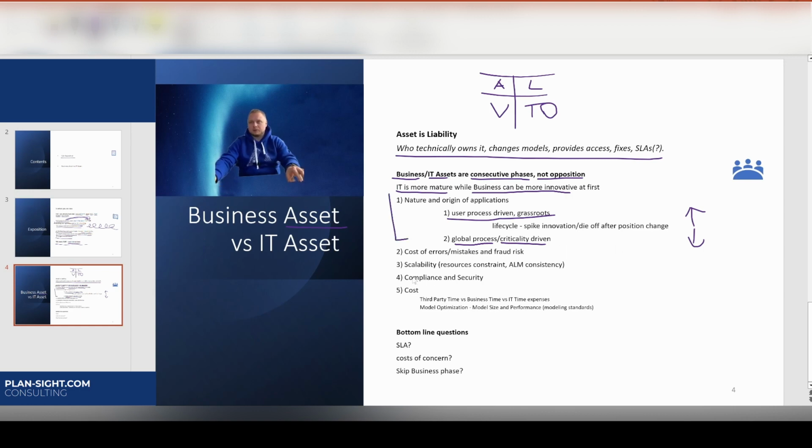Now, the next point is somewhat connected, especially when I talked about the criticality driven applications. The cost of errors and mistakes can be low, it can be high, depending on the nature of the application. If the business guys are so familiar and so into the business process that they can easily fix things even outside of Anaplan, for example, or on the fly,